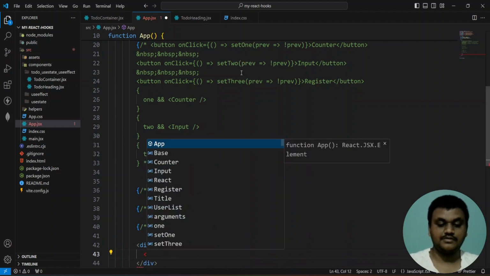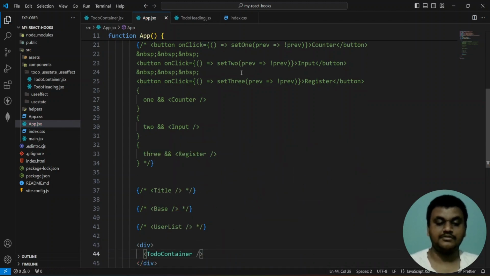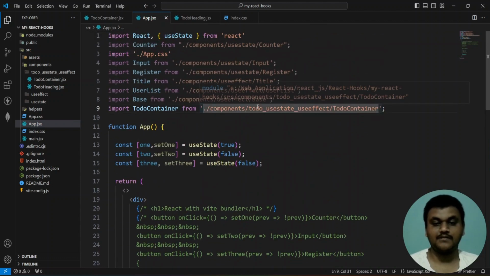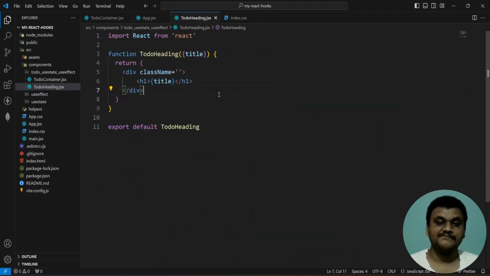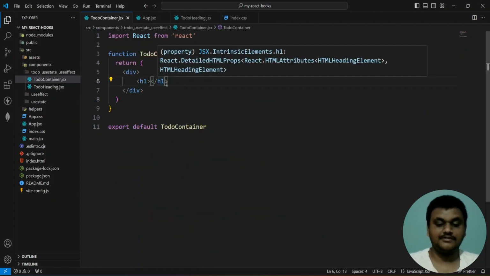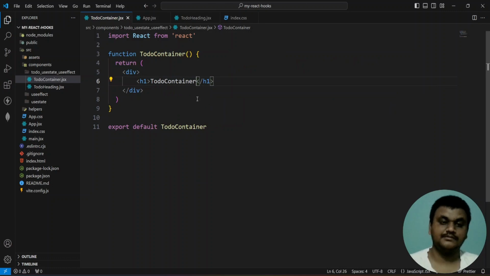This one I'm going to write here, ToDoContainer. See, it is automatically imported from the components folder, useState/useEffect, ToDoContainer. After importing, if you want to see ToDoContainer,